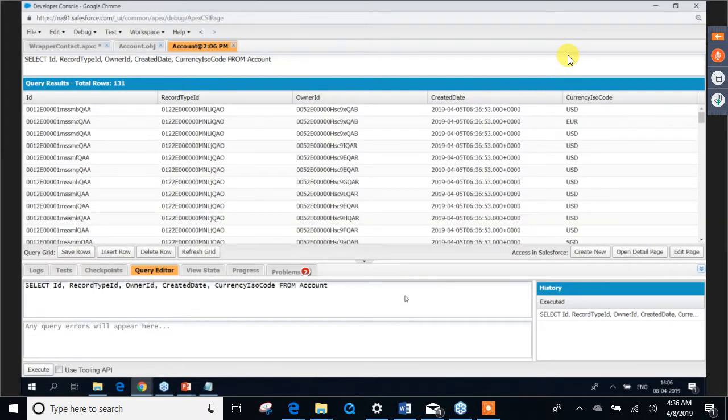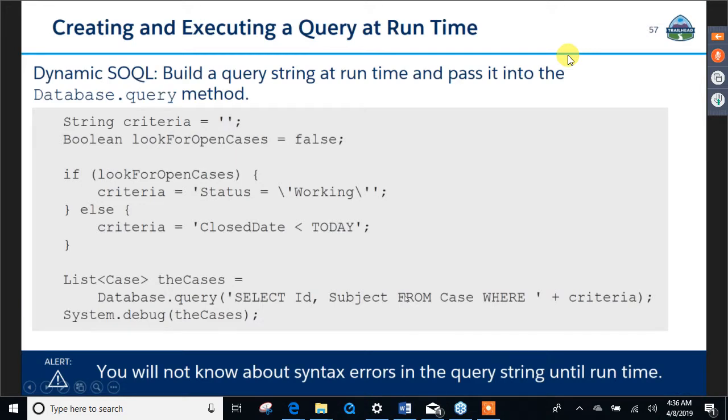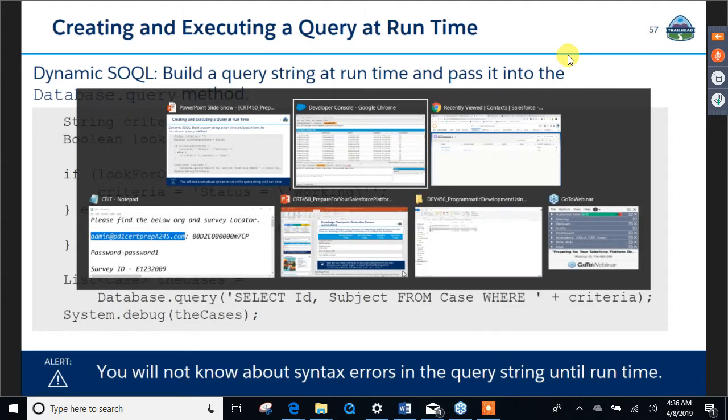Now when we perform a SOQL from child to parent, we can go 5 levels up. So from child to parent, parent to grandparent, grandparent to great-grandparent. That way we can go 5 levels up. And from parent to child, we can come exactly 1 level down, as I already showed you in this particular SOQL,